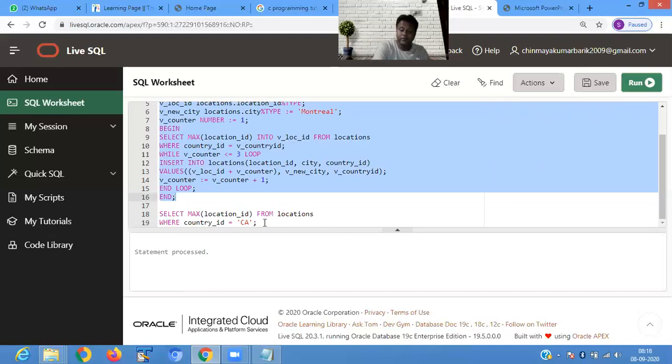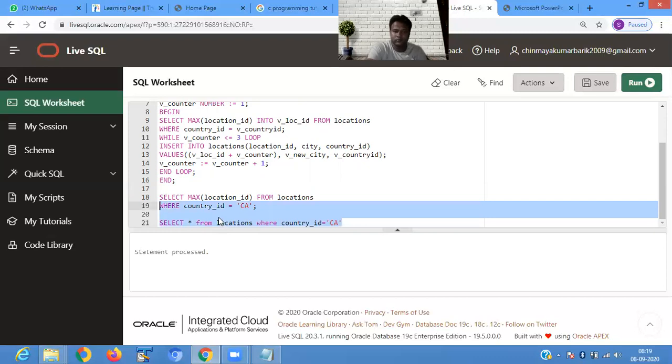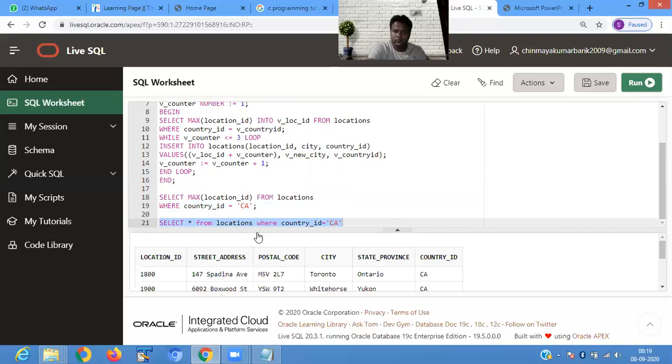So after inserting the record, check whether it is inserted or not. Select star from locations where country_id equals CA.